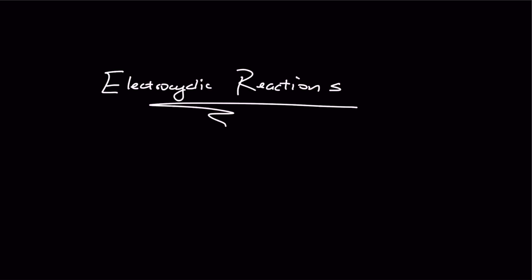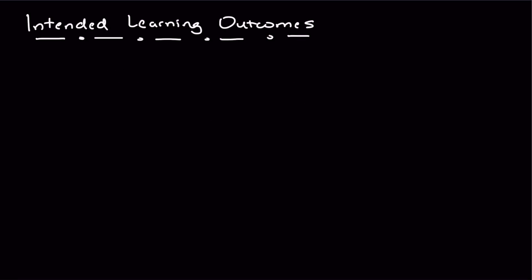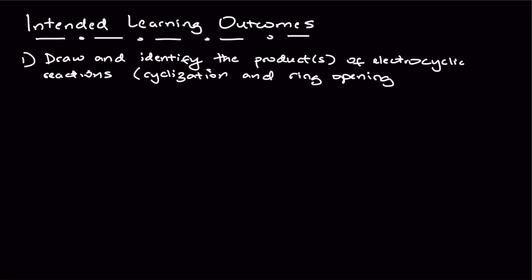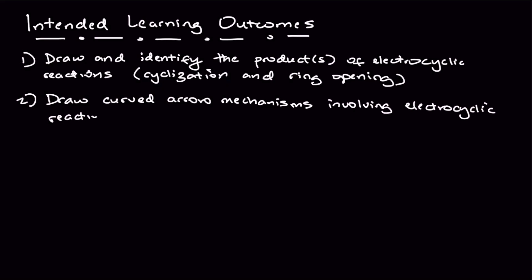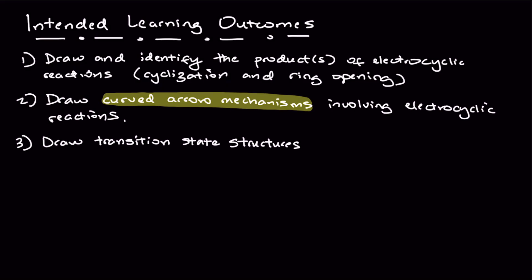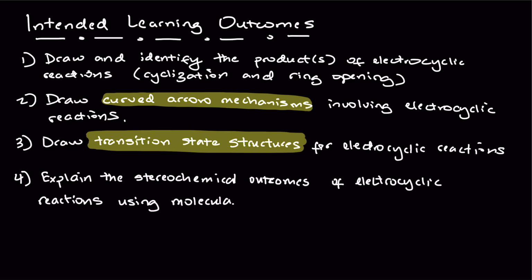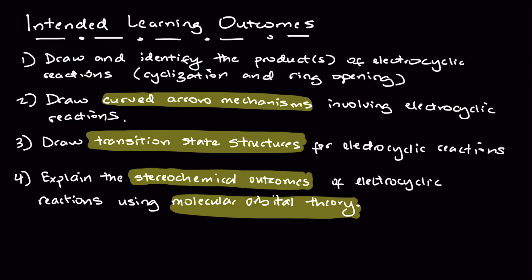Hi everyone, in today's video we're going to go over electrocyclic reactions, a new class of reactions in this course. It is my goal that by the end of this video you would be able to draw and identify the products of electrocyclic reactions, and we're really thinking about this reaction in both directions, which is the cyclization part and the ring opening part. You'll be able to draw curved arrow mechanisms as well as transition state structures for these electrocyclic reactions. And then lastly, we're going to end with using molecular orbital theory to explain the observed stereochemical outcomes